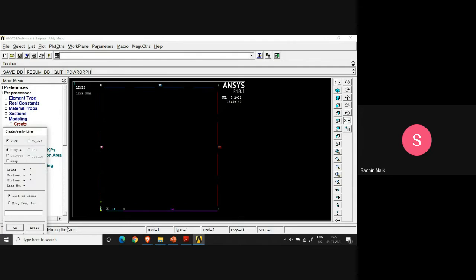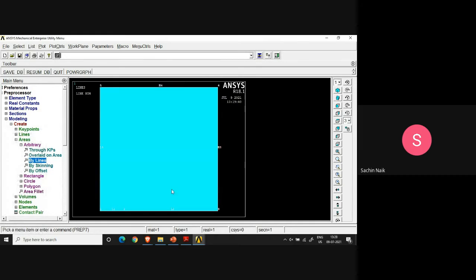So you have to just choose all the lines 1 through 5, 1, 2, 3, 4, and 5, in order to create an area. Once you select all the 5 lines, you can press yes, and you can see that the area has been created, and our geometry creation is now done. Am I audible to you all?